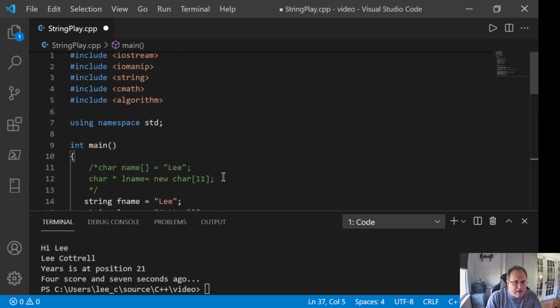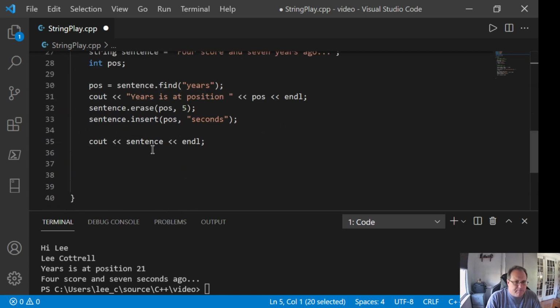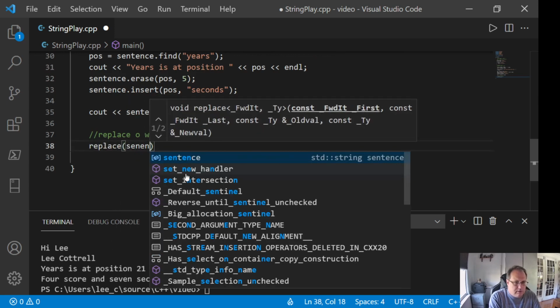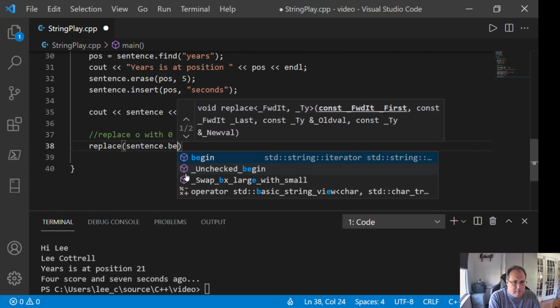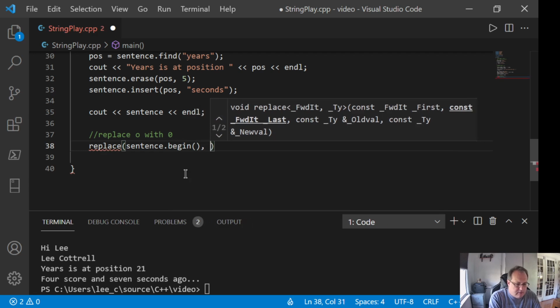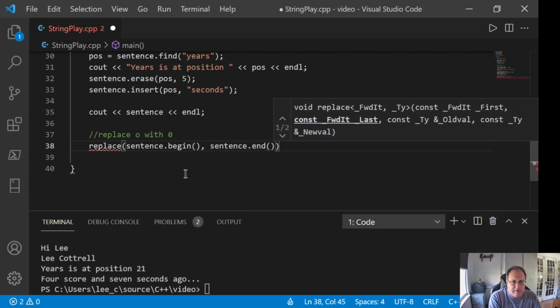But I've #included algorithm, which is a really awesome library for C++. And the algorithm library includes many things, including a replace function for strings. So I'm going to get rid of the letter O, lowercase o, with the 0. And from the algorithm library, I can do replace sentence.begin, which is just that, it's the beginning of the sentence, the end of the sentence,